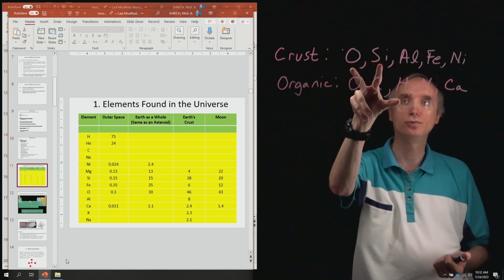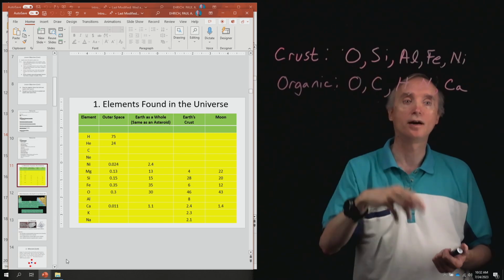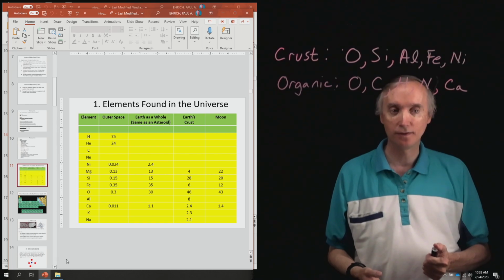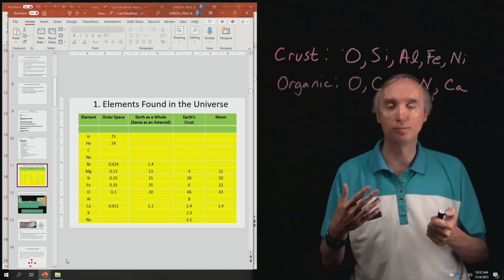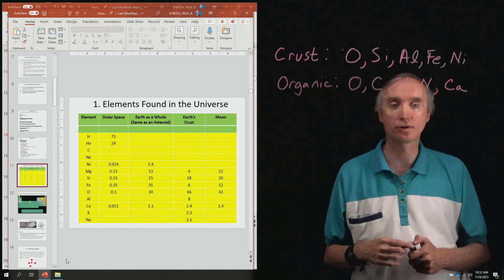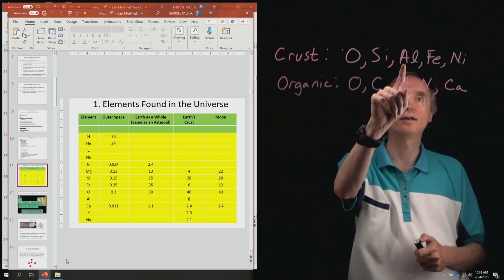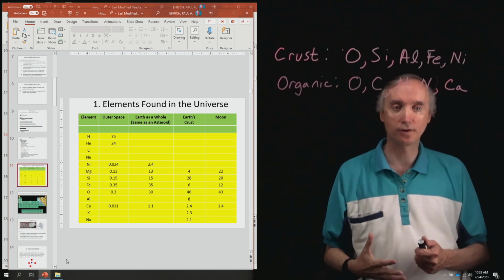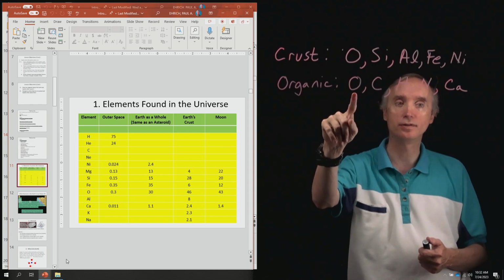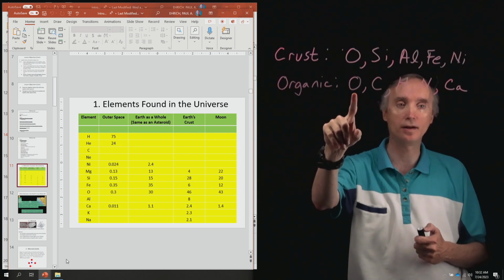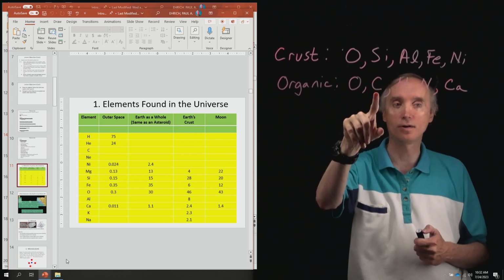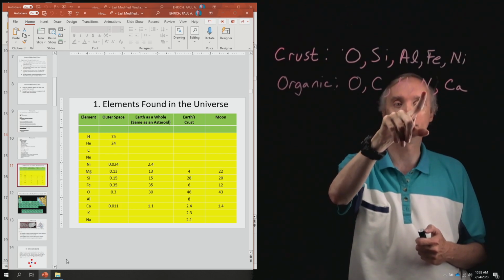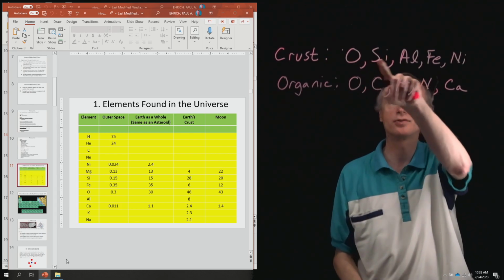And then when these two join together, they form the backbone of the silicate minerals that make up the majority of the rocks found in the crust of the Earth. And then you've got aluminum, iron, and nickel. Now with organic materials, again, oxygen is the most important element, followed by carbon, and then followed by hydrogen and nitrogen, which in geological terms,